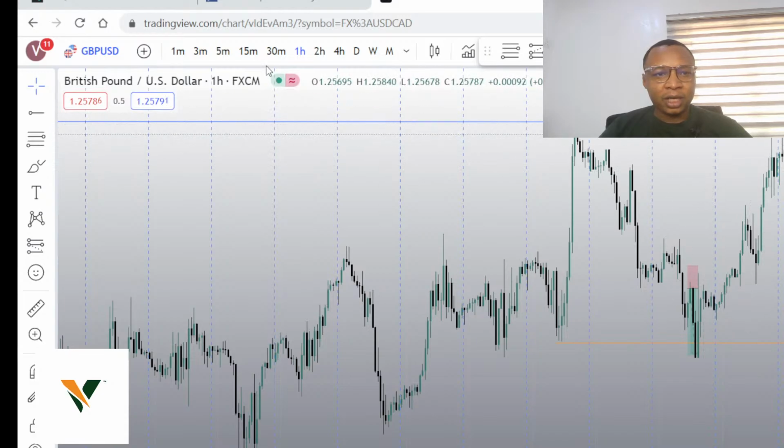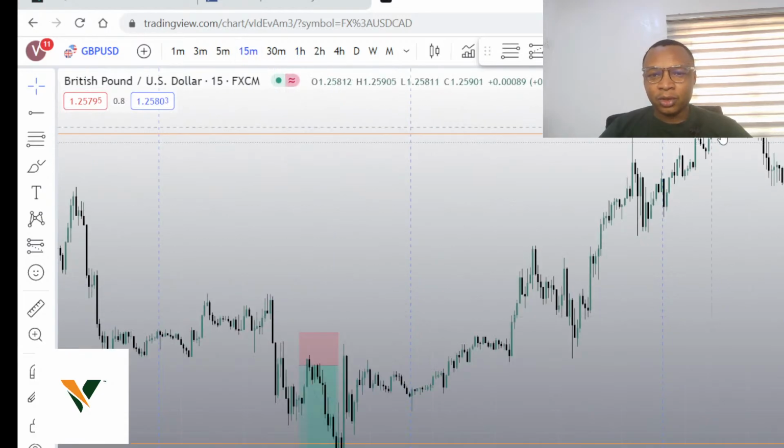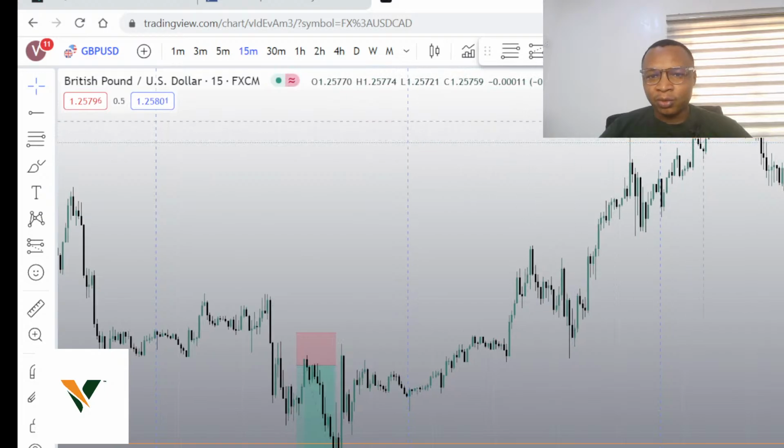All right, so price took out that high, and on the lower time frame, the 15 minutes to be precise, coming into this morning in the London session, we saw that price wicked a bit off the Asian range, showing us a signature for a sell entry, because we were expecting a retracement as at the London session this morning. We expected a retracement of the buy trend, which was already established on GBPUSD. That was what made us take that sell trade, and we were able to catch a few pips of that.